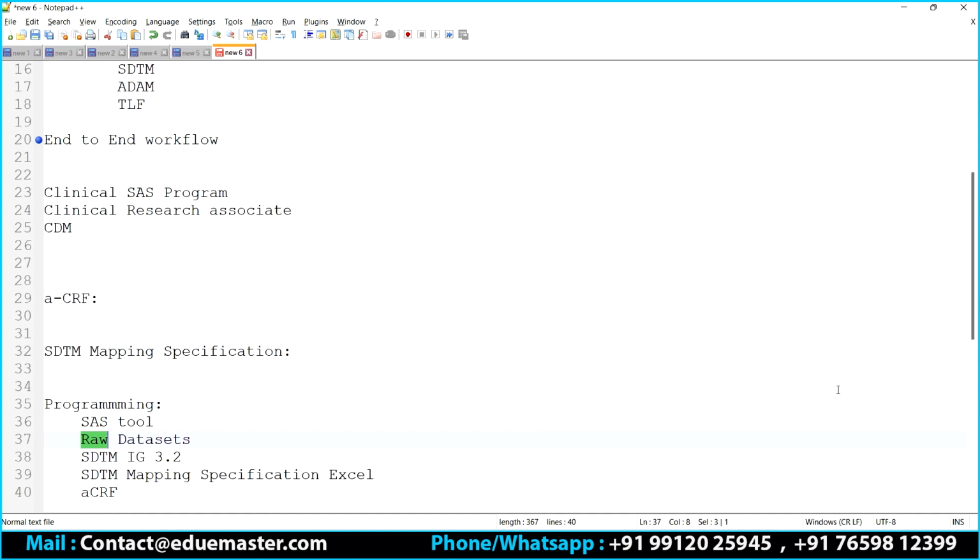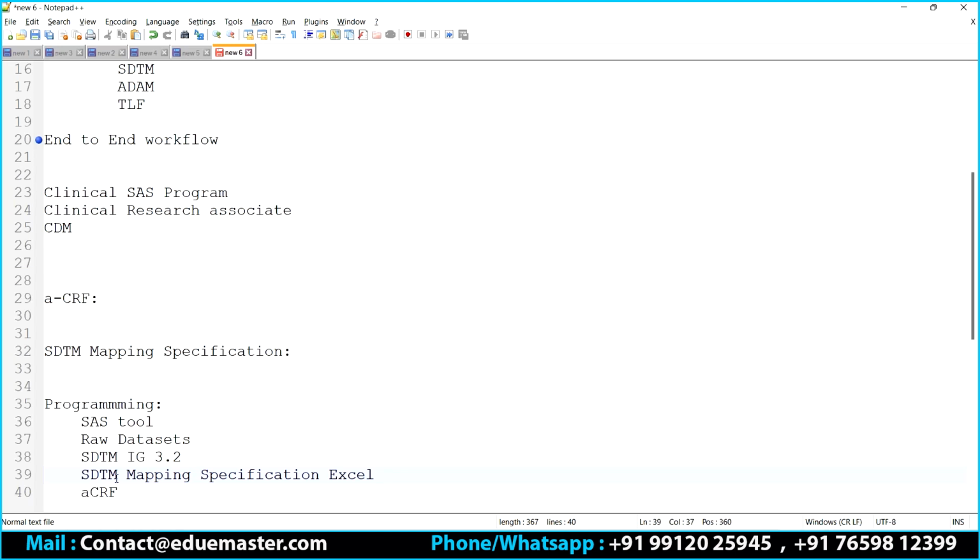Okay. How would we be preparing this SDTM specification by Excel? I mean, what will be the base to create this Excel? Apart from ACRF, will it be okay? Generally, you will not create this SDTM specification Excel from the base. You generally don't create, right? So how will we do this particular one?